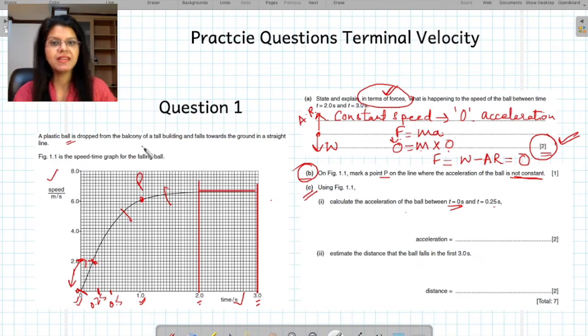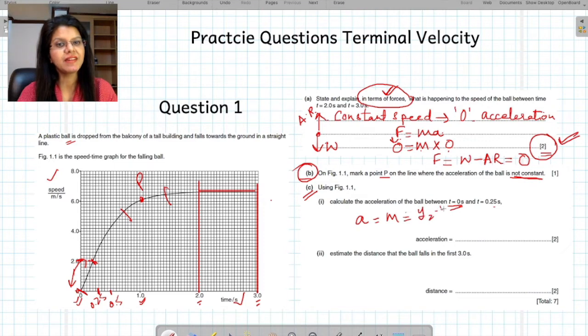Acceleration on a speed time graph is given by the gradient. How do you find the gradient? The formula for the gradient of a straight line is y2 minus y1 over x2 minus x1. So let us mark the 2 points. One of the points, let me